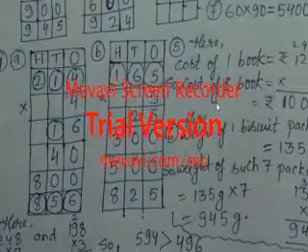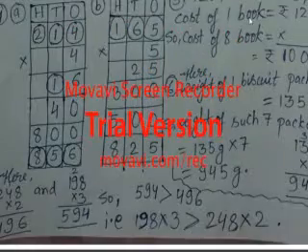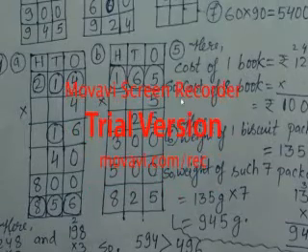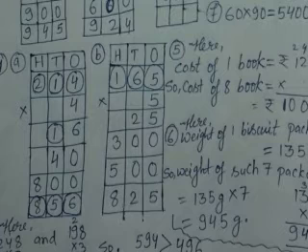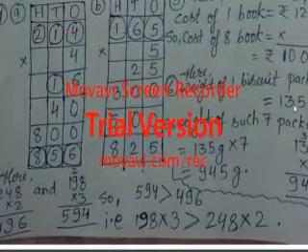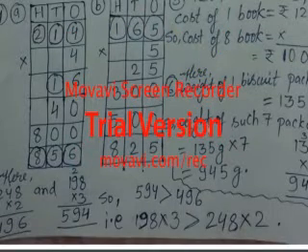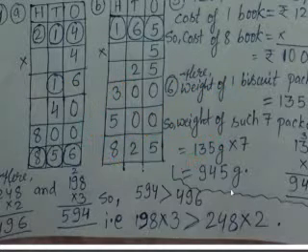6 and 7, 5, 6 and 7, those all are multiplication. You can see one book price was given. So for getting 8 books cost price, we have to multiply it with 8. Like this, you can see 8 5s are 40, 0 carry 4, 8 2s are 16 and 4 20. Again 0 carry 2, 8 1s are 8 and 2 10. So in same way, 1 biscuit weight is given. So 7 such biscuit packets weight we will multiply with 7 and it came 945 gram, as this you can write.